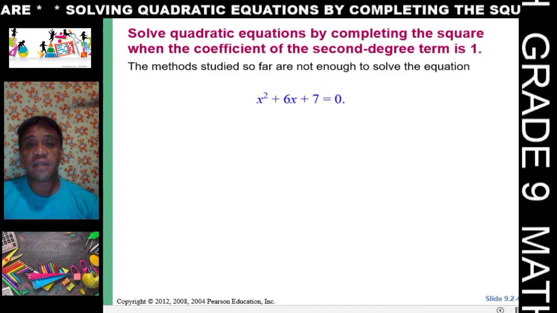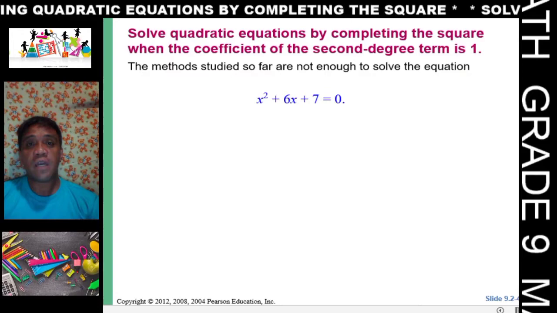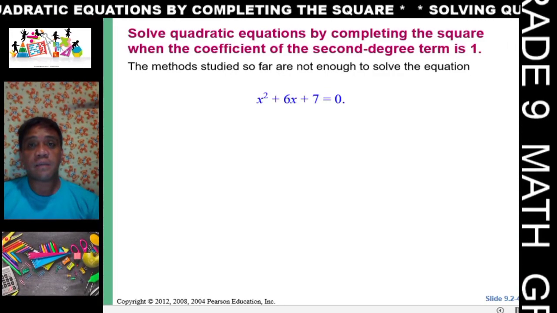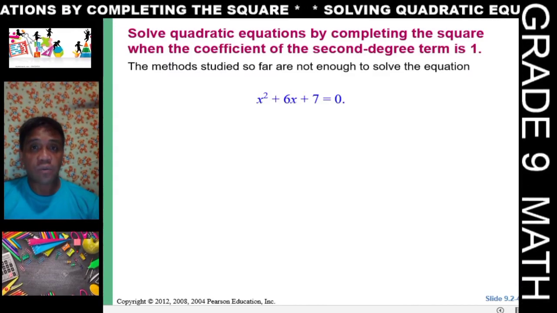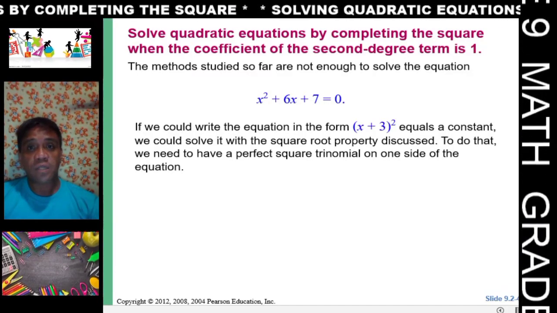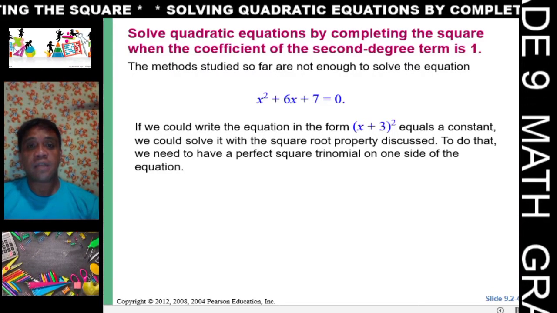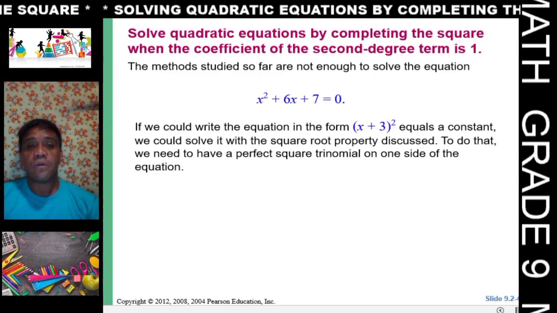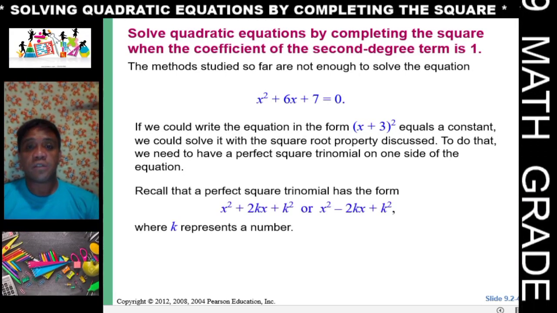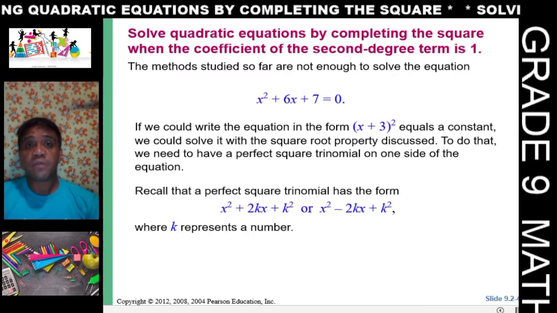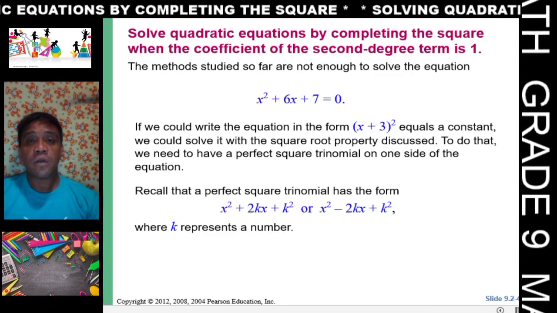So all we have to do is familiarize ourselves with how to get the perfect square trinomial, wherein we have x squared plus 6x plus 7 is equal to 0. It will be made as the quantity x plus 3 squared, and then it is just equal to a constant on the right side of the equation. So you have to make use of the square root property to be able to complete the square. But first we are going to recall something, the concept of